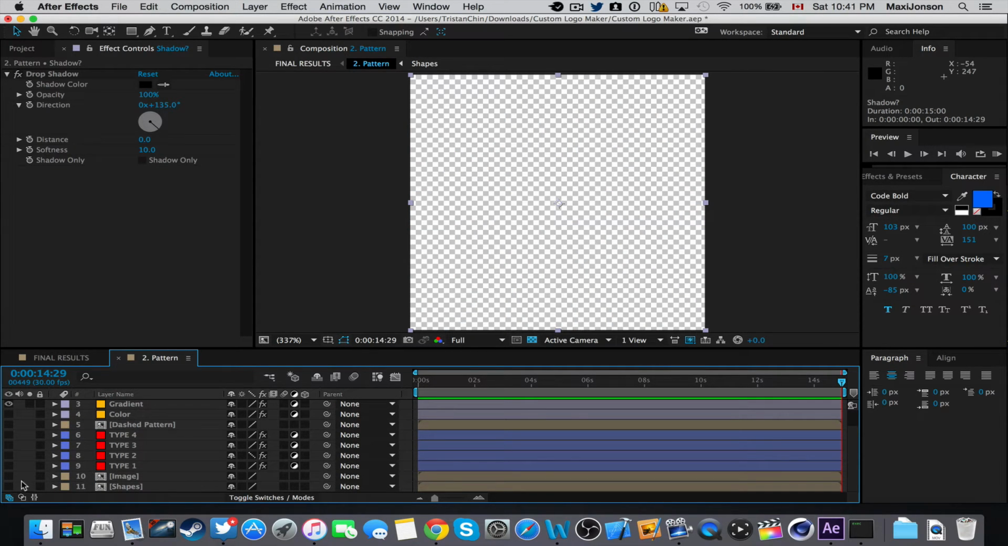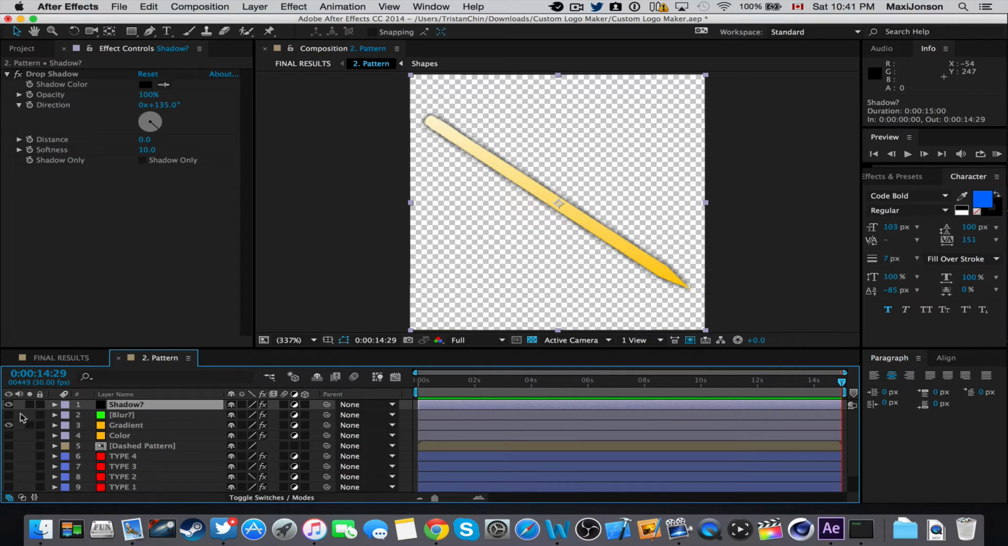Now I'm going to show you how to do it with an image. Now as you can see, basically usually the gradient would be off, and now you have your real pencil, but when you tick in,